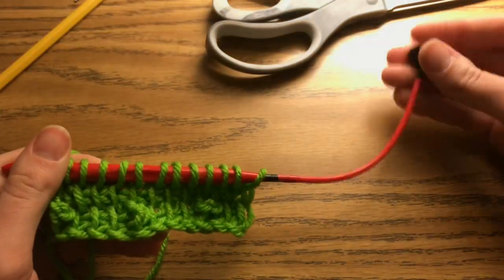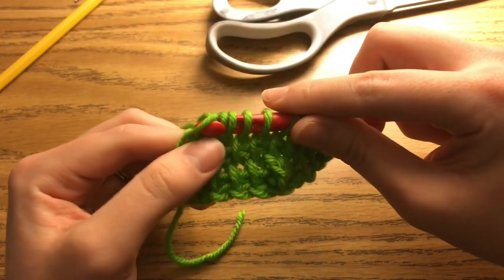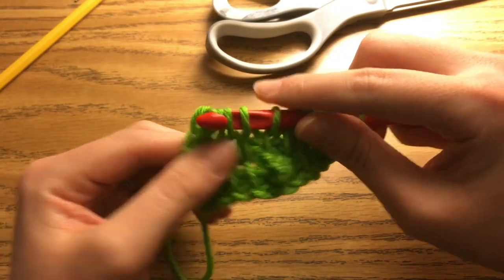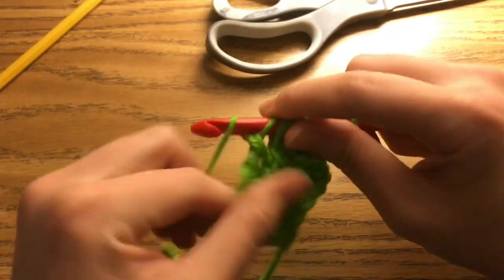I'm sorry this keeps hitting. I know it's annoying. Please forgive me. So remember, on pass 2 of this row, it's a yarn over, pull through 1, and then a yarn over, pull through 2, the rest of the way across,